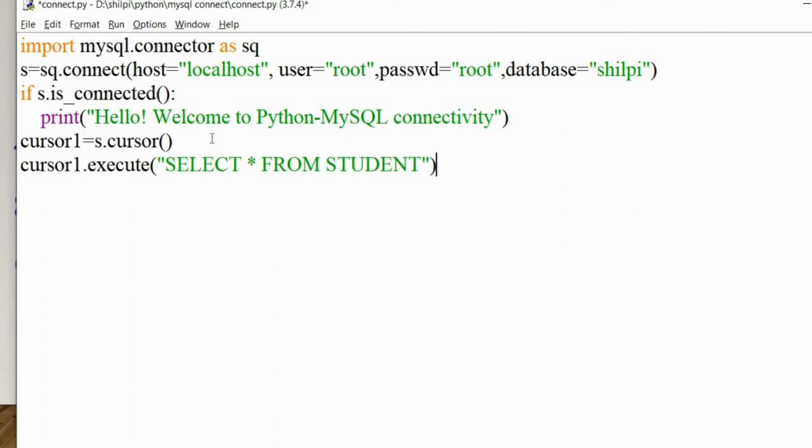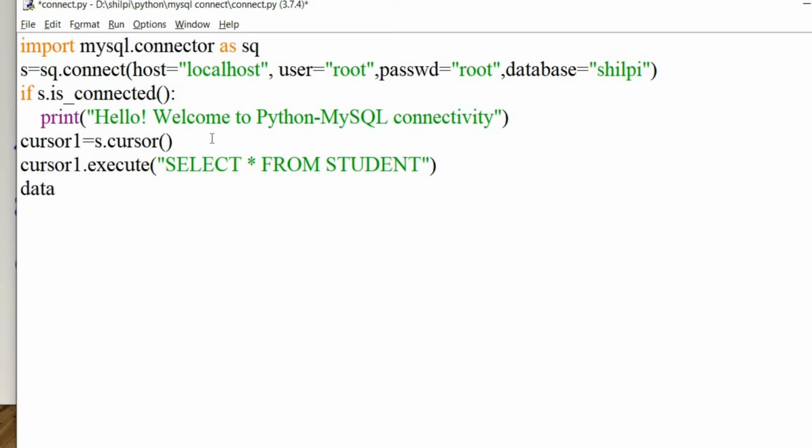Now it will execute the query, and after executing, the data will be in the cursor. To extract the data from this cursor object, we can use any variable.